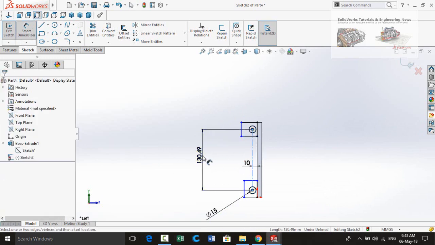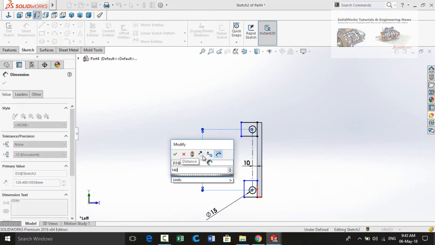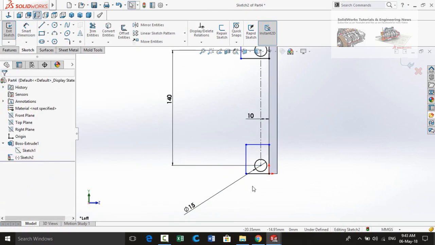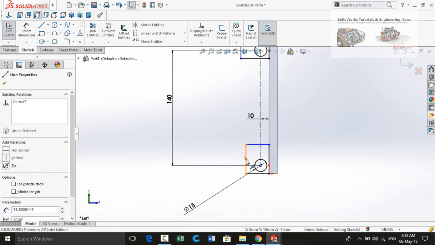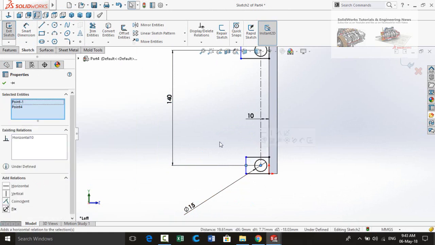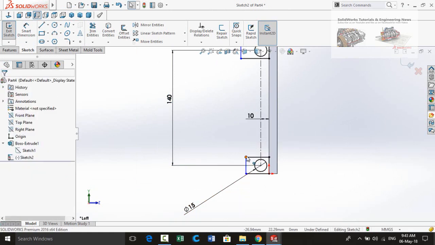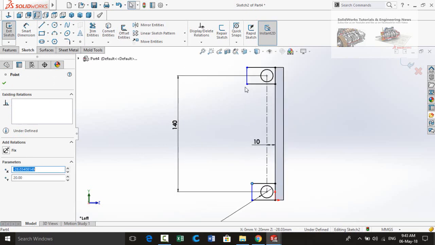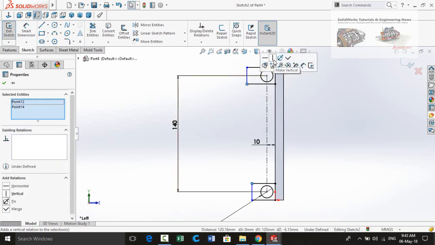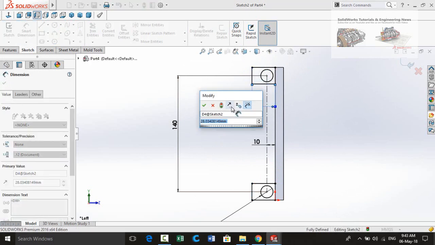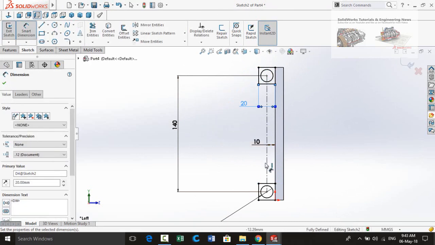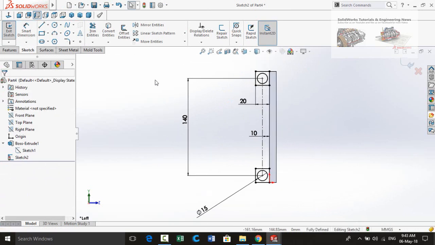Now define this length 140 millimeter. Select this center point and this midpoint, make their relation horizontal. Now also select this point and this point, make their relation vertical. After that define this height 20 millimeter. Press escape button and our sketch is now fully defined.